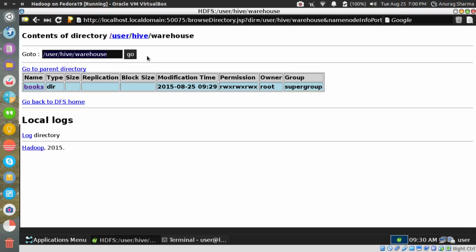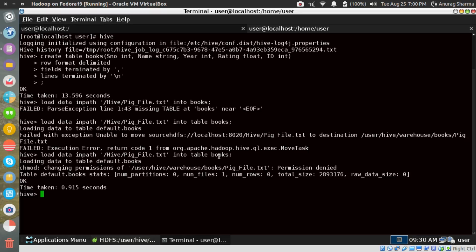Okay, hold on. Let me explain what I've just done. From my local, I pushed the file called pigfile.txt to inside a Hive folder which I just created. After that, I gave it 777 permissions. It took read write permission.